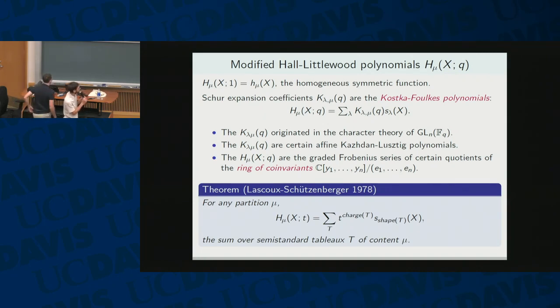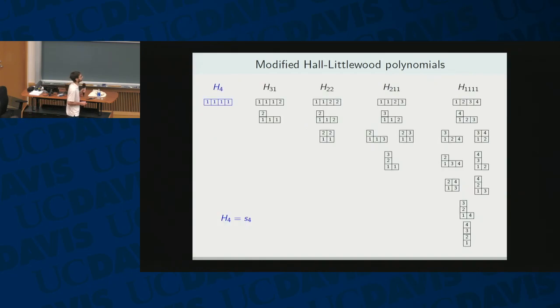Hello, is this better? Okay, all right. So I would just want to show you a little picture of this Lascoux-Schützenberger result. All right, so maybe let's go to this one here. Okay, so the result says that this modified Hall-Littlewood polynomial of shape, for example, 2, 1, 1, is given by